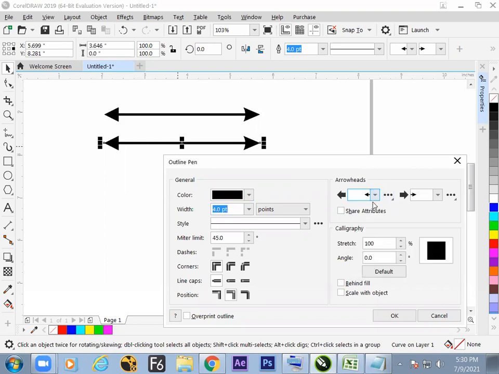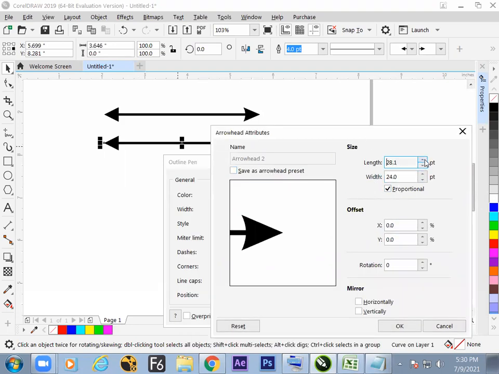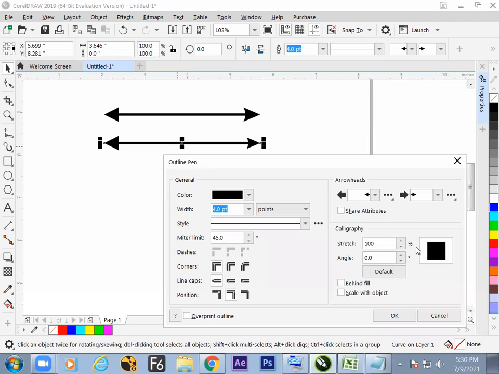So now the action part is here, attributes. There are a few things mentioned over here. We can make the length get changed, or the properties can be controlled over here also. So hope we got to know how to make the arrowhead and how to customize that by clicking over here, by attributes.